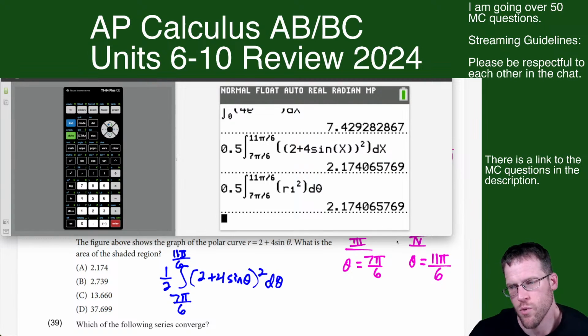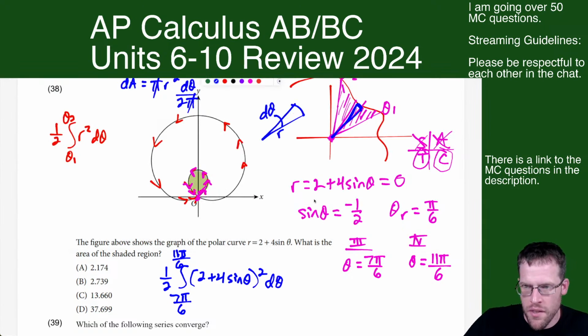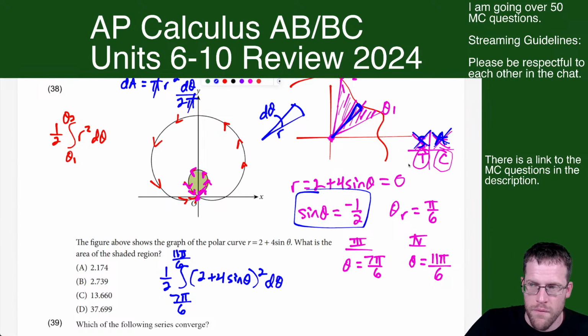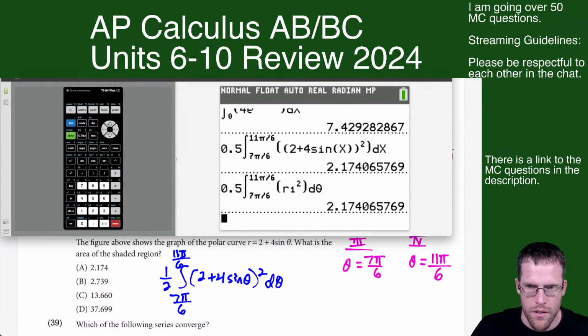How do I determine which quadrants? Sine theta is negative when I set r equal to 0, and I use ASTC. That tells us what we need. So not quadrants 1 and 2; it has to be 3 and 4. But look, if you have a calculator, honestly, you could also